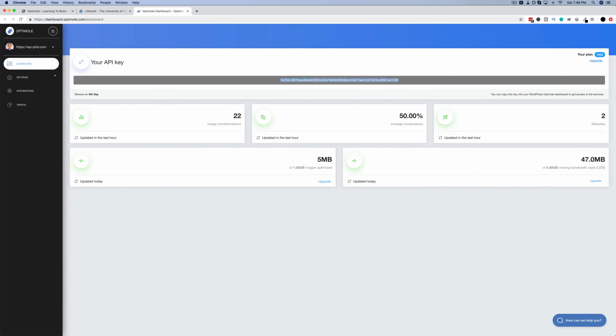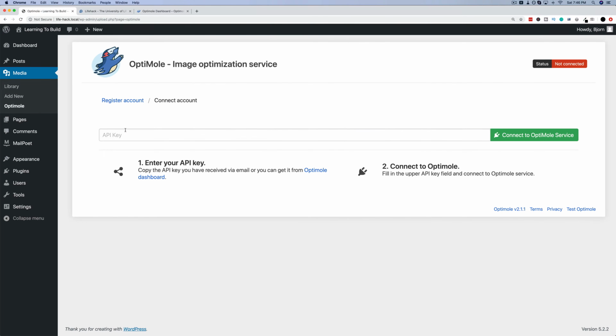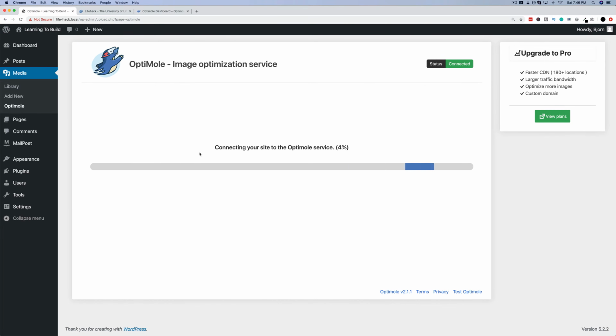And here it is right here. I'm just going to copy that back into here, paste it in, click on Connect to Optimal Service. You want to make sure you stay on this page until the connection is complete. And then once the connection is complete, you can leave this page and it'll start optimizing images on your site